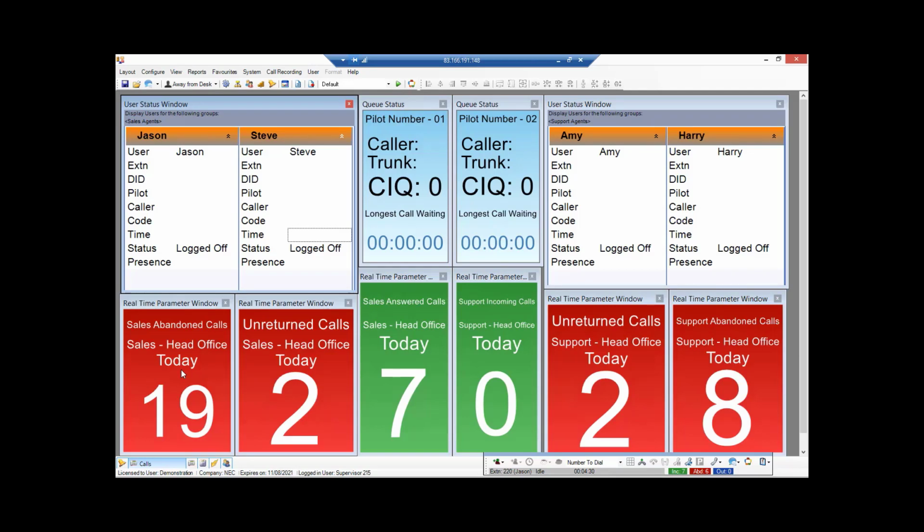So we can be really flexible and nimble in providing messages to callers and hopefully engage with them to make them aware that we know that you're there and waiting to be answered, and we're going to get to you shortly, as opposed to having that ringing and ringing and ringing and the customer thinking, are they ever going to answer? And potentially putting the phone down and phoning a competitor. Okay, so